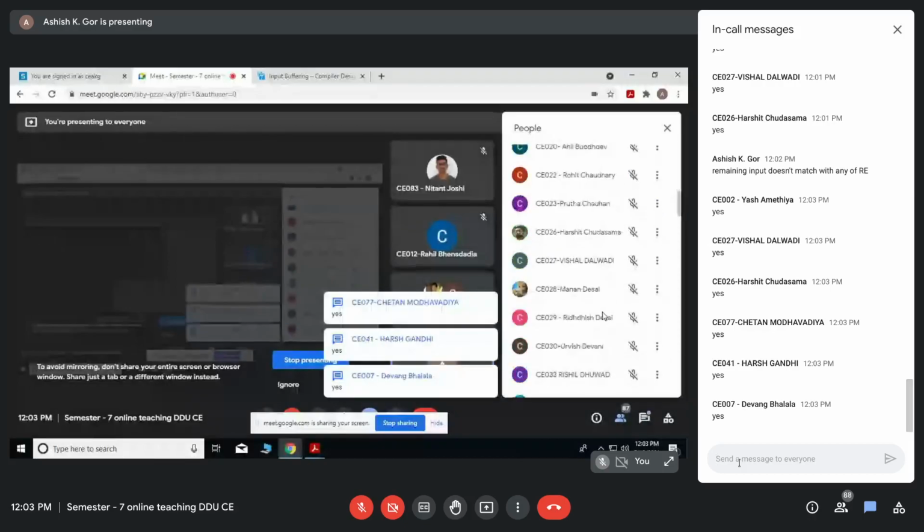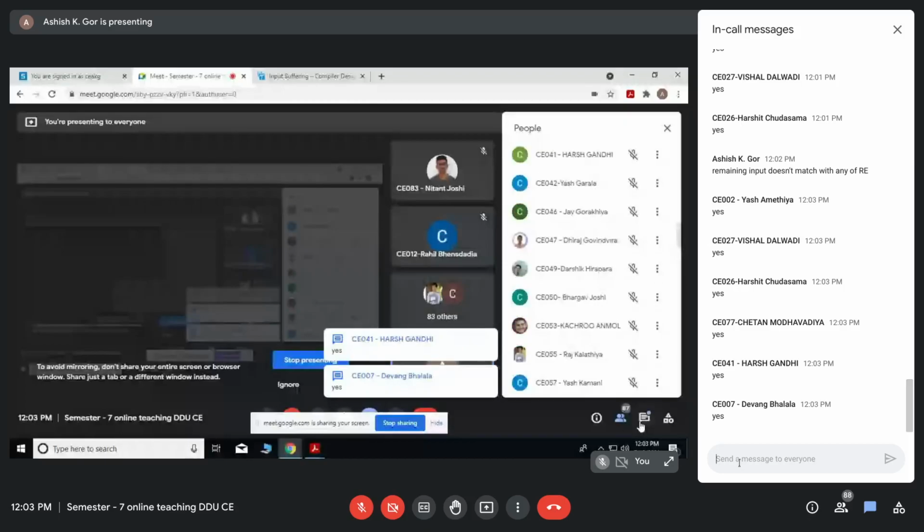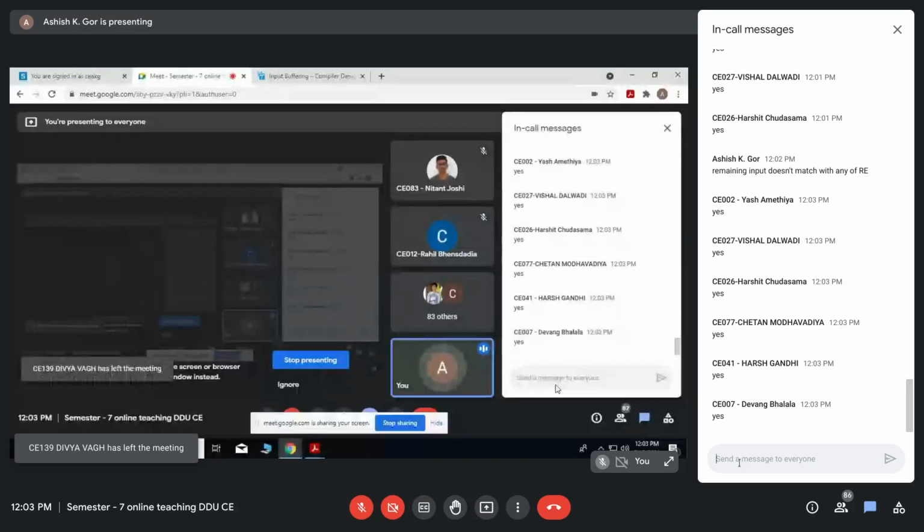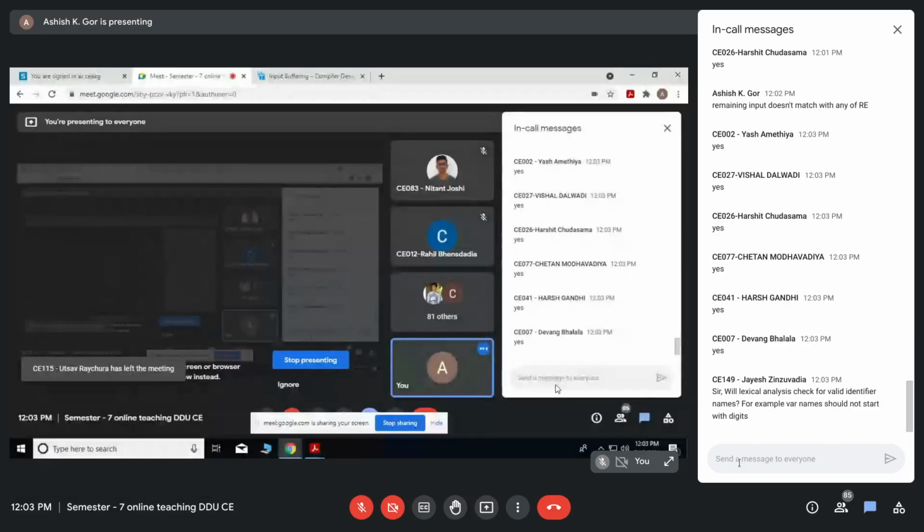Okay, fine. So what I am saying is this is actually an error. Why? Because you have designed the lexical analyzer and you included every possible case, so there is no error. But your input is such that it does not belong to any of the token categories. That means it will not form a particular token.